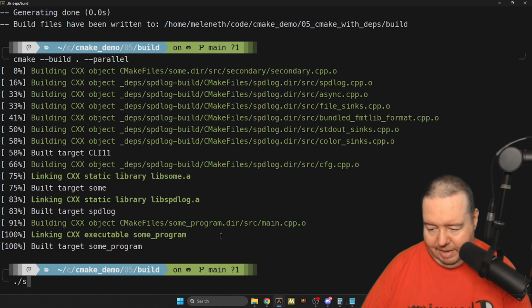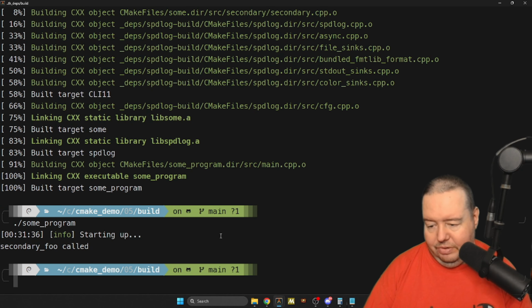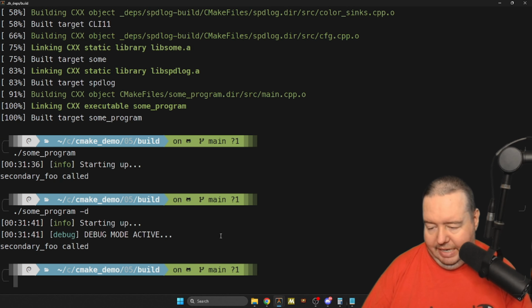So now we have our some program again. We have a new log message called starting up, but now we can also run some program -d, and we will get more information. We'll get a debug log, and the debug log has a little highlighted debug in a different color,